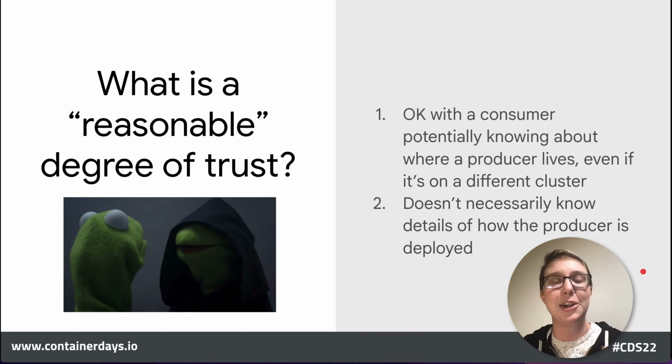In a way that's sane and easy to keep track of and feels very Kubernetes-like instead of just a random external name IP. But even though we have some shared information, it's not everything. It's not like we're wholly able to introspect the Kubernetes API server of a different cluster. So that's where this reasonable thing becomes a nuance and gives you a distinction between everything inside your cluster and what it can know about, and things that are in separate clusters and how they're only sharing a little bit of information.